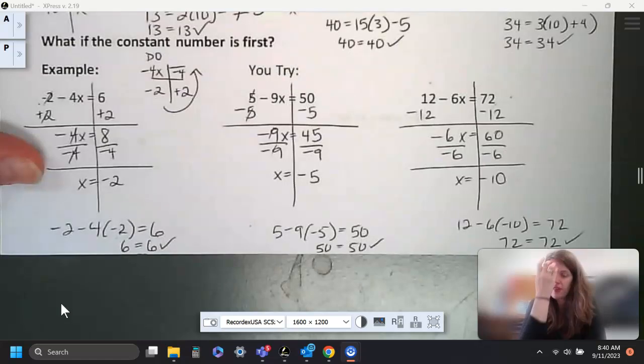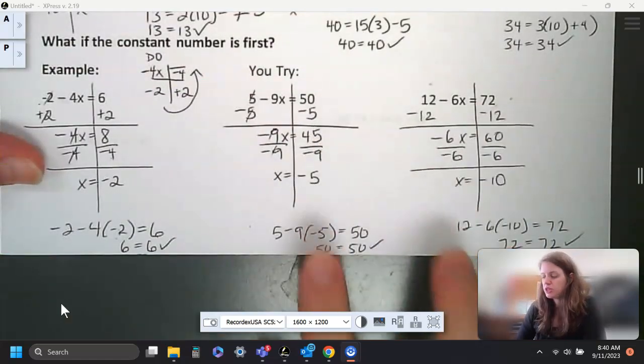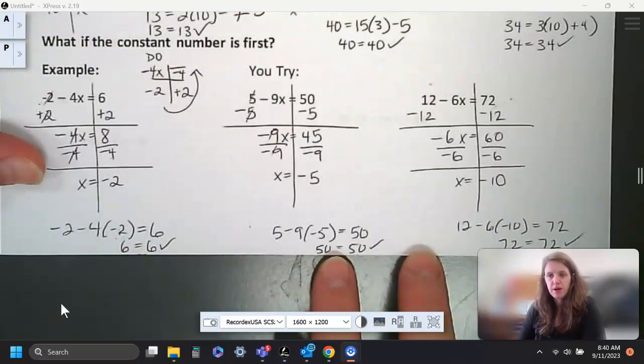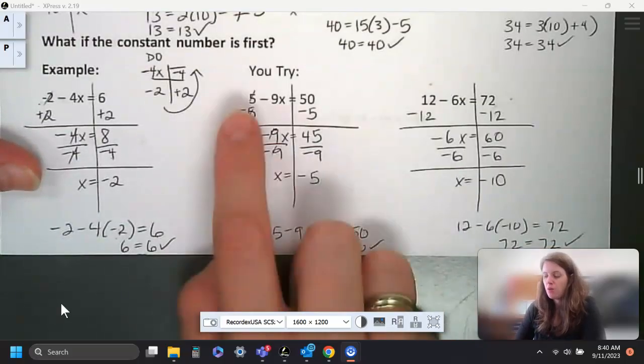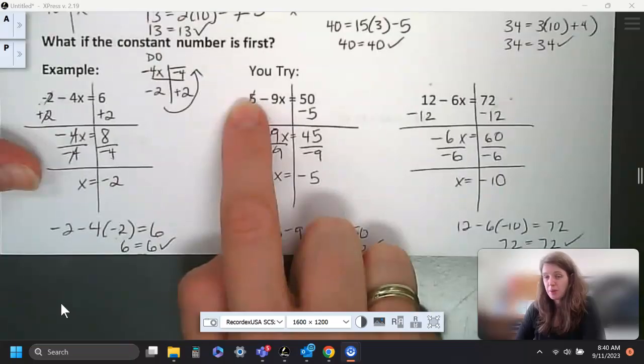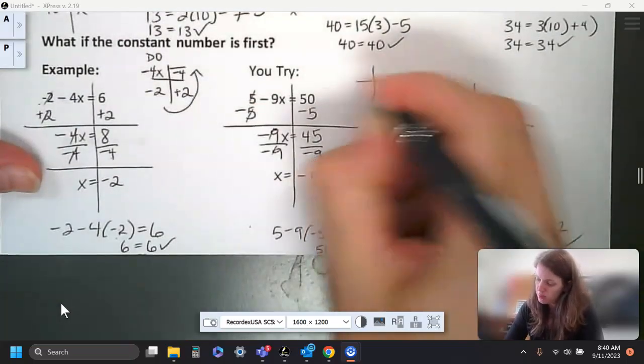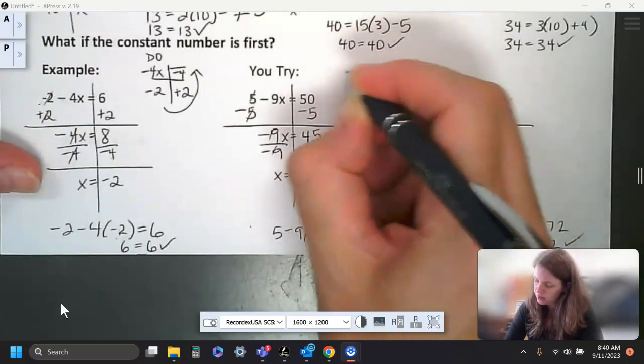There you have it. Those are the last two examples here, which end up being a -5 and a -10. And here's the checks down at the bottom to make sure they worked. Hopefully you were seeing here that that 5 was a +5, so the opposite of that was a -5, right? I didn't draw my little things here because, again, I don't really do this every time, but it was a